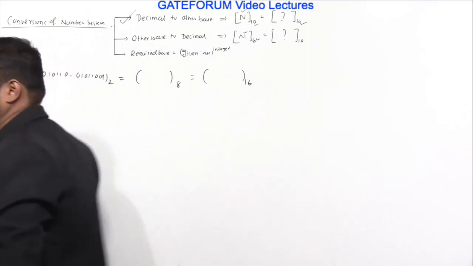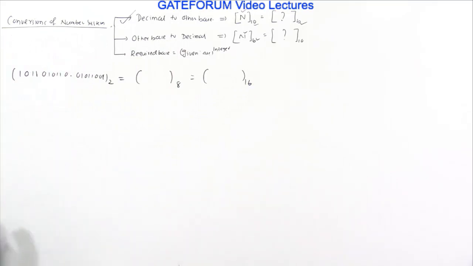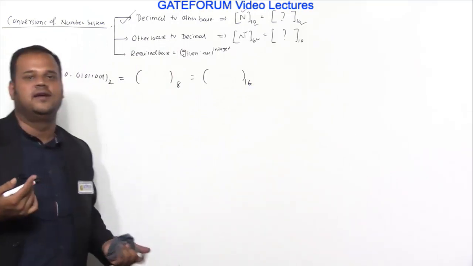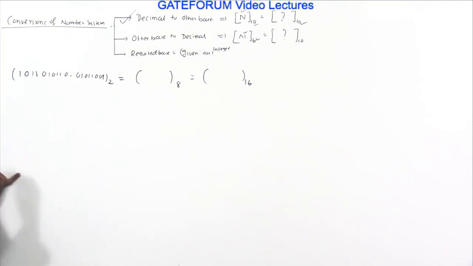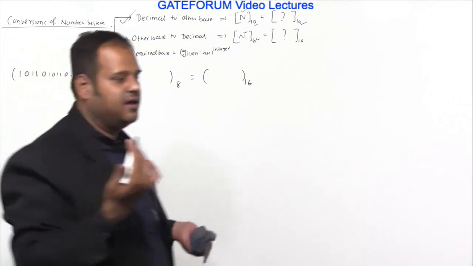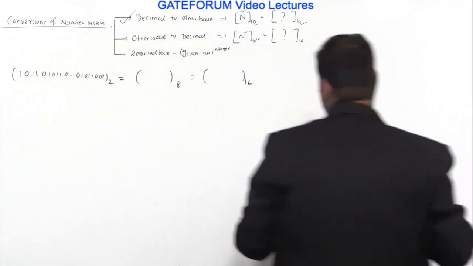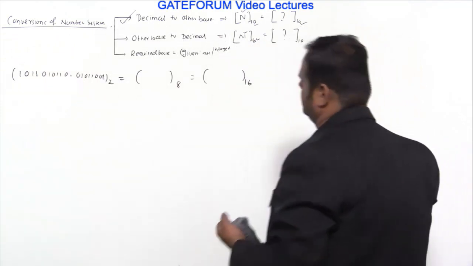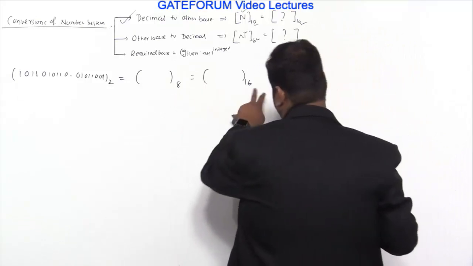Okay, this is what my requirement is. I hope this kind of problem you might have dealt with, the grouping concept, right? We know this for base 2 to 8 and 16, but this can be generalized for any other base, like 3 to 9, and 4 to 16. This all can also be done, right? So here the required base is 8, required base is 16.